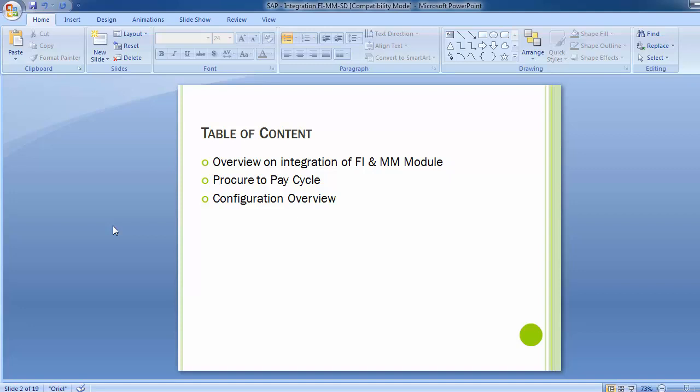So it means an organization buys a raw material or a product from a vendor, then makes finished material or products from this raw material, and then sells the finished material or products to a customer. So in these three parts, buy, make, and sale, three different modules are integrated to each other. If you try to understand and concentrate, you will understand that more clearly.